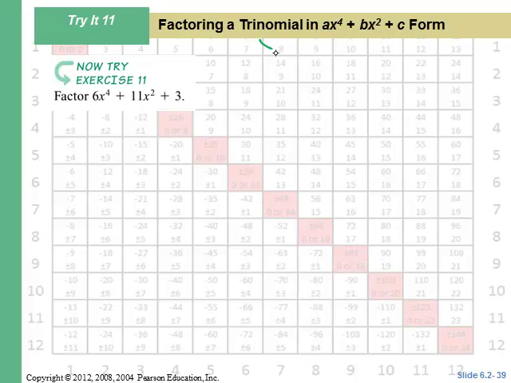Same here, we'll let x squared equal u. 6 times 3 is 18. 18 and 9, that's not it. 18 and 11 is what we're looking for. 18 and 11 is right there. Okay, so we split it up into